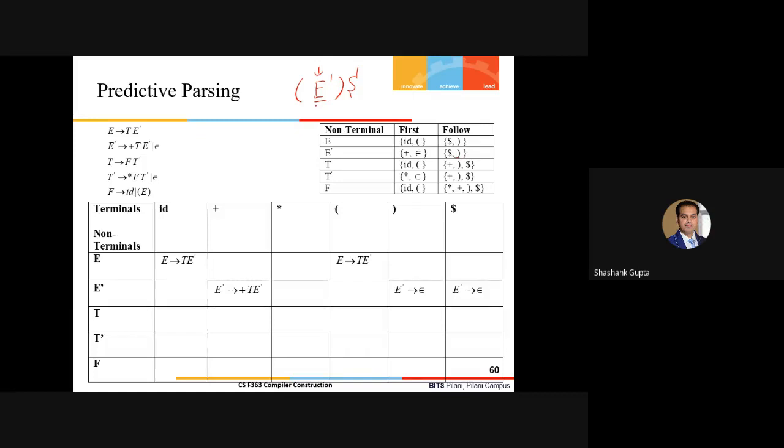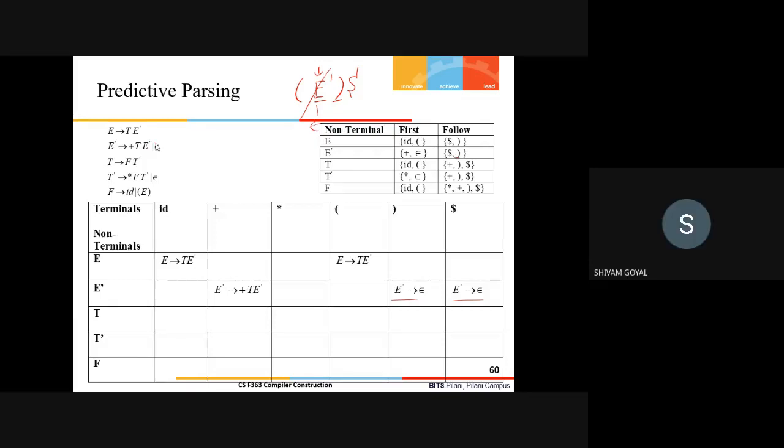On this basis, I'll simply vanish this. Whenever I am supposed to vanish this non-terminal, I should see what exactly is the symbol following this non-terminal, and whether that symbol is in the follow set of E prime. That's why we always compute the follow in such cases, whenever these non-terminals derive epsilon here.